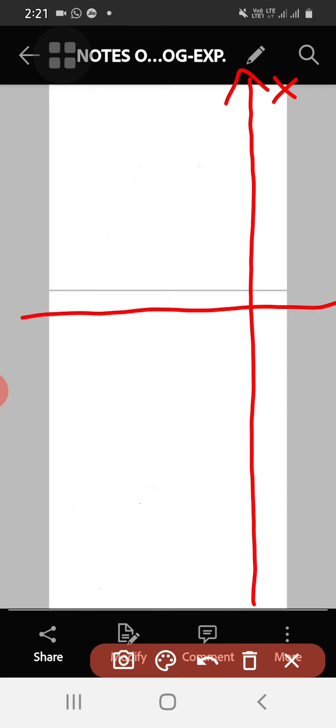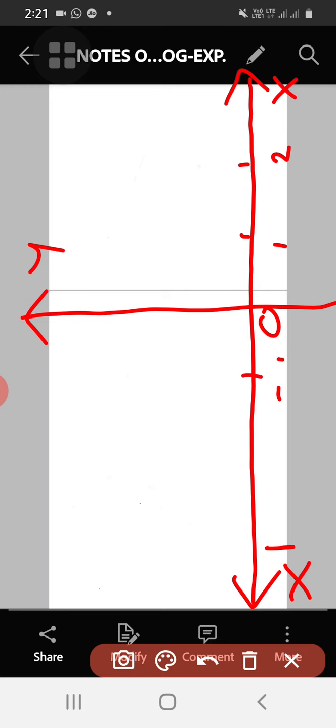Okay, observe carefully. I will consider this x-axis and y-axis. This is the origin. I will consider this 1, 2, then -1, -2. On the y-axis, 1, 2, 3, 4, 5, 6, and let me say this as 7. So let us mark the points. First point is here, 0, 1. It lies on the y-axis, 0, 1.